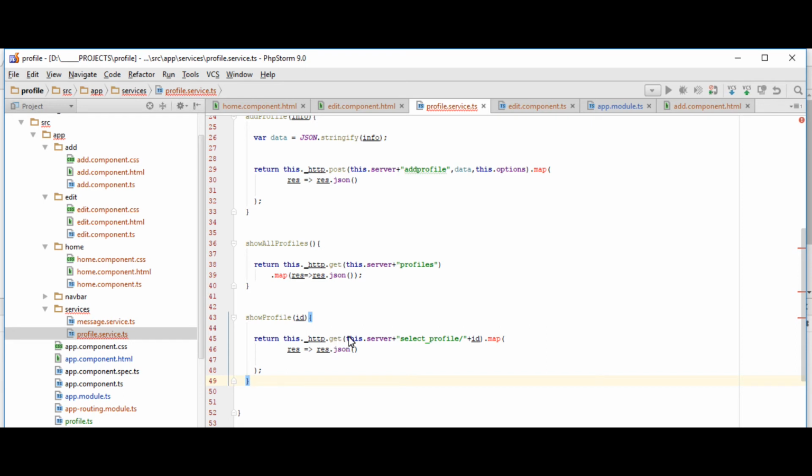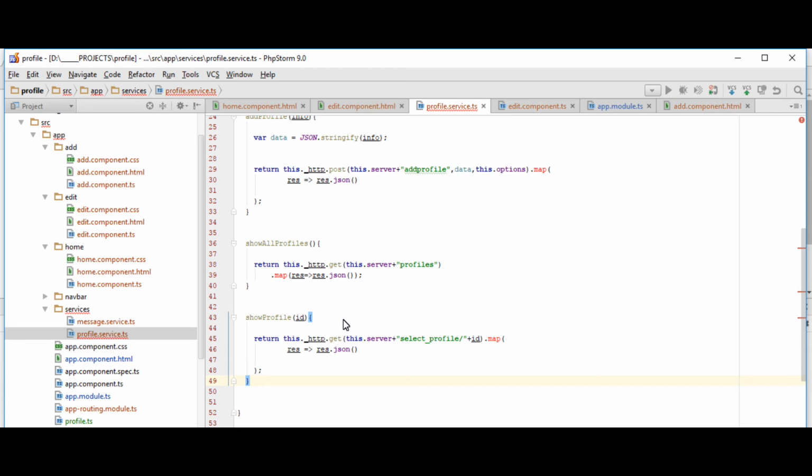Okay, and then this server plus our URI will be select_profile. Okay, and with the parameter ID, which is our parameter here. That's the ID that we're retrieving, right? Okay. Now it won't work still because we have to